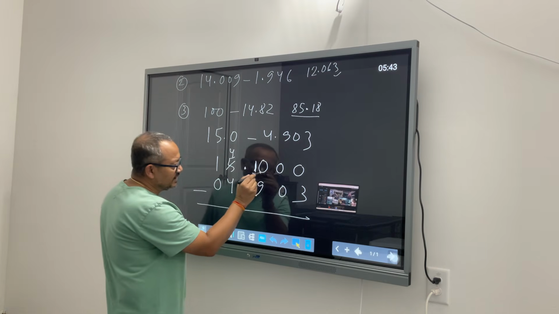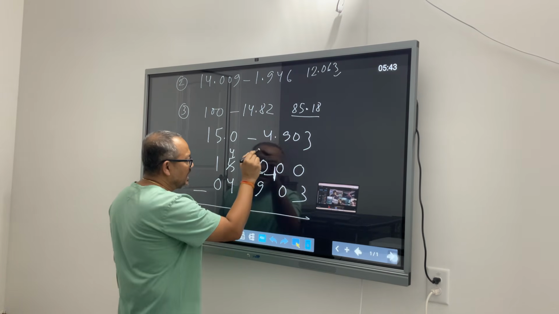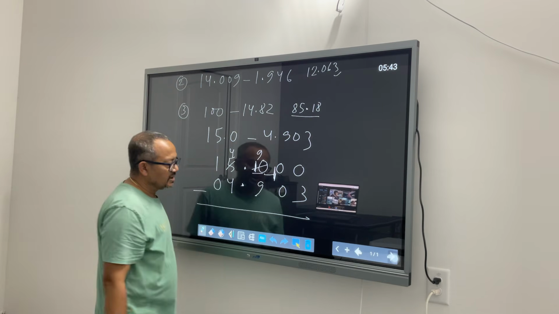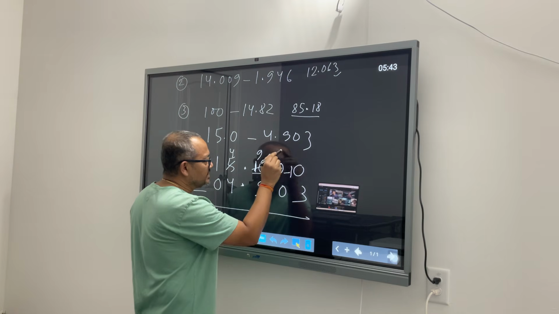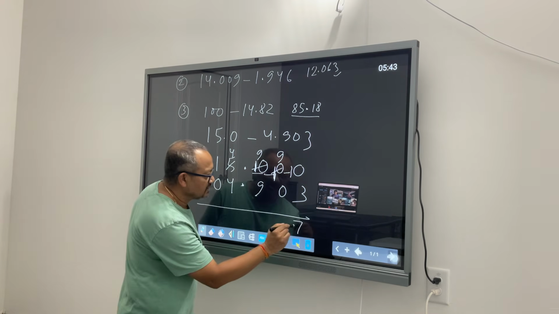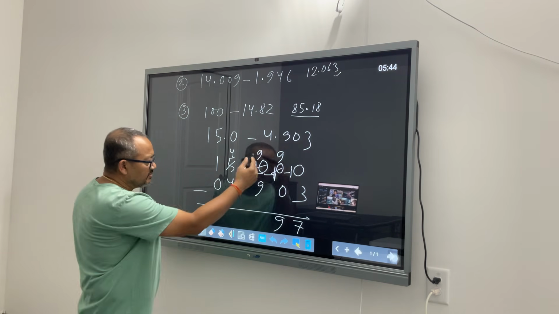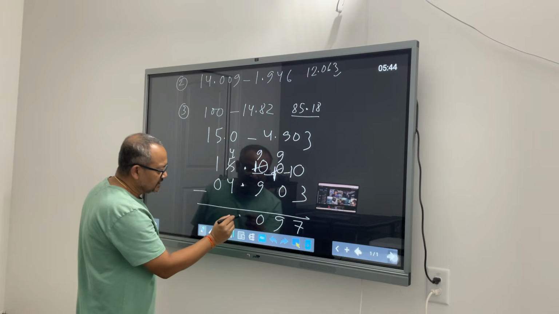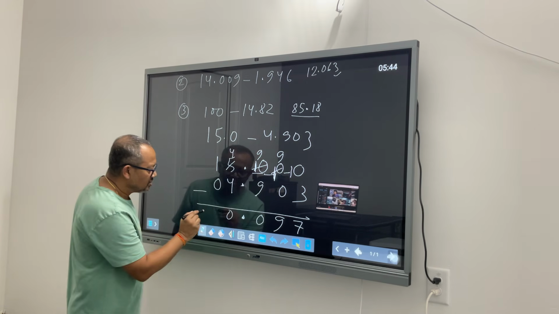Now, from this 10, this guy lends 1 to this guy. This became 10. And this guy became 9. So now 10 minus 3 is 7, 9 minus 0 is 9, 9 minus 9 is 0, decimal will just write, 4 minus 4 is 0, 1,